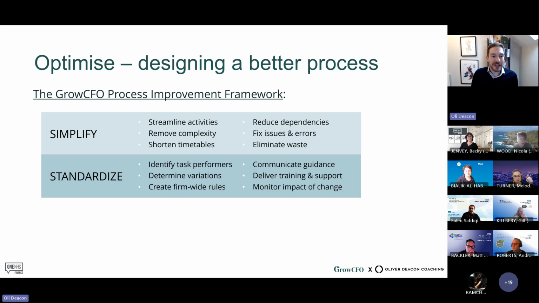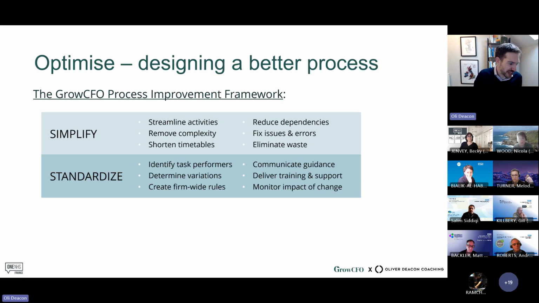Why is that? Because if we want to use the same technology, one of the most common questions that I get asked from people in the NHS is, Ollie, when do you think we will all be on the same finance system? And my answer to that is when as many of our processes as possible are standardized and basically the same. Because when you migrate a whole bunch of processes onto the same platform, if they're all the same, it is much faster, easier to migrate all those processes.